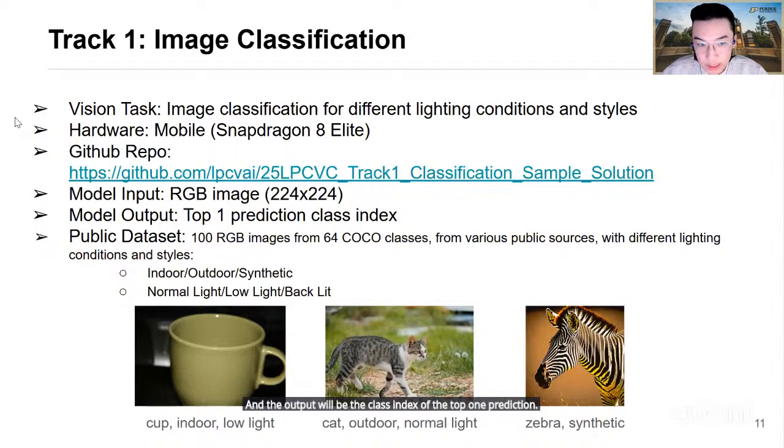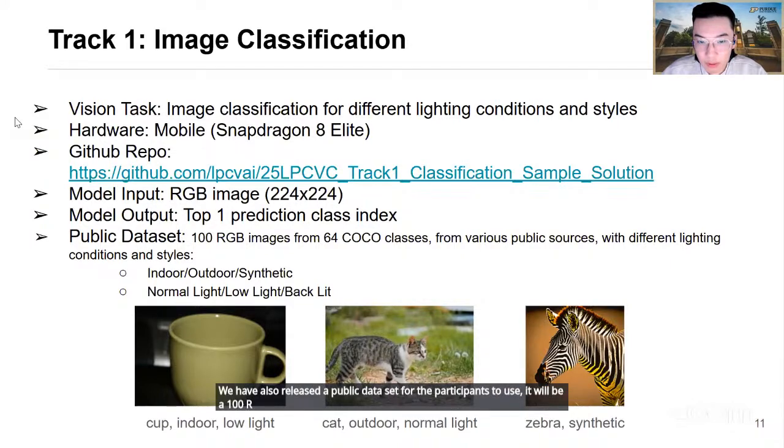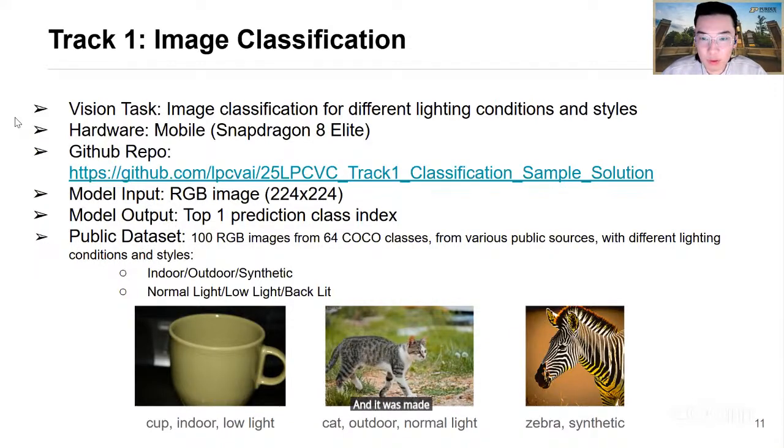We have also released a public data set for the participants to use. It will be 100 RGB images from the 64 out of 80 COCO classes we have selected, and it was made with images available on the internet, as well as some images taken by ourselves.